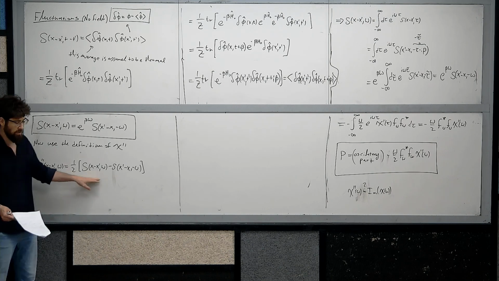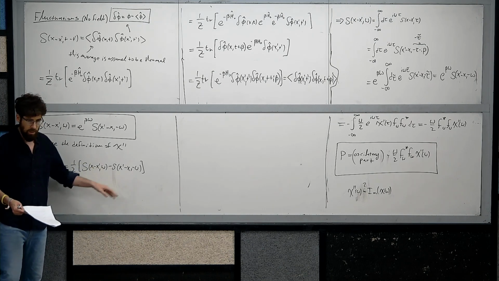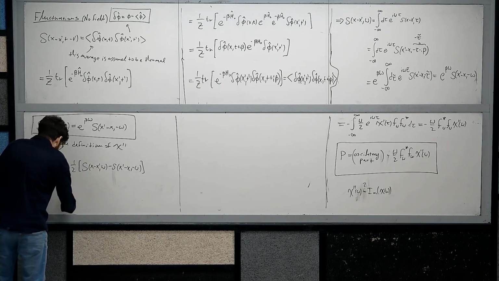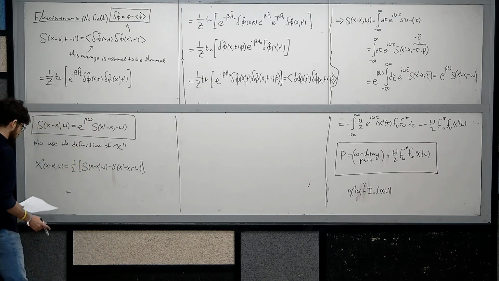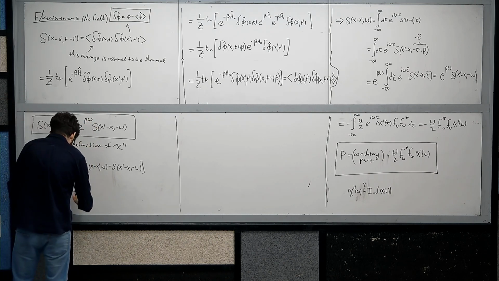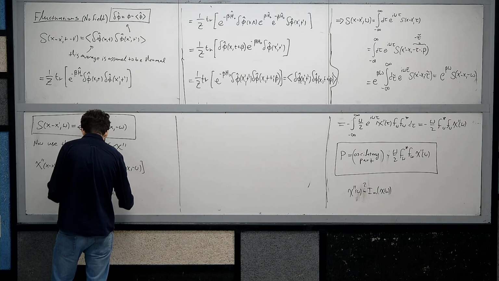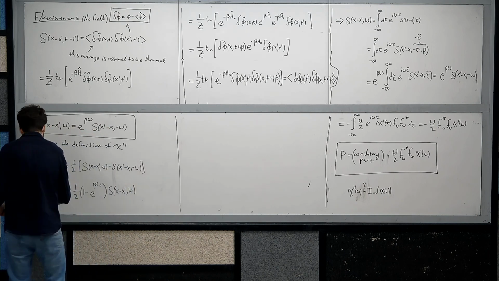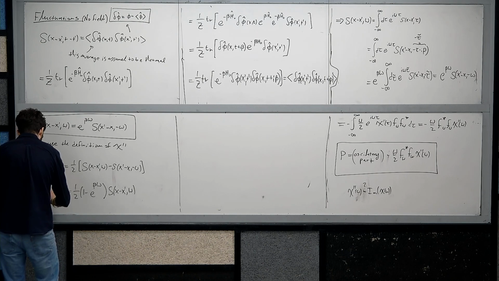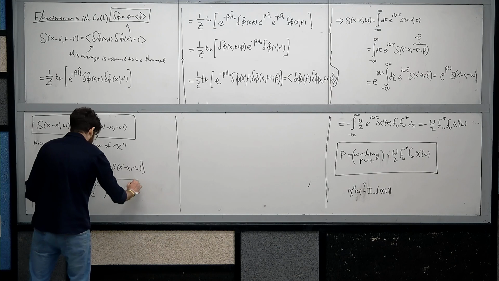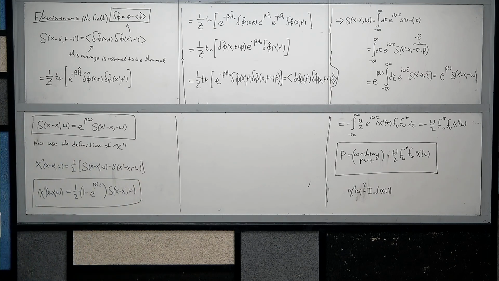So anyways, you can just use the relation that we had before, because it's a commutation relation. Okay. And now using this relationship that we just found, you find 1/2 (1 minus e to the beta omega) S of x minus x prime, omega. So this is what is known as the fluctuation dissipation theorem, this relationship. And it's a very deep